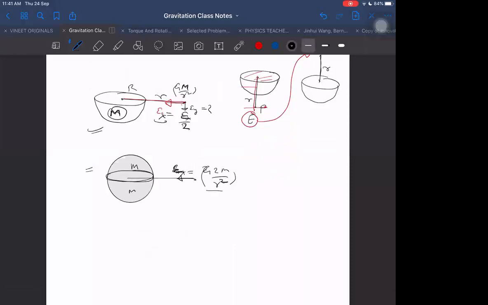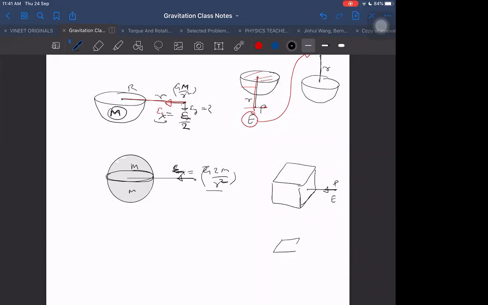This logic will be valid for solid as well as for hollow hemisphere, or any other symmetric object. If I take a cube, for the cube also I can ask such questions. I can say that for the full cube, at this point P away, field was E. Obviously it will be in this direction. They will not tell us direction. It will be by symmetry, towards the cube face only.